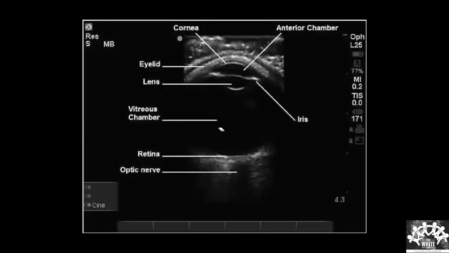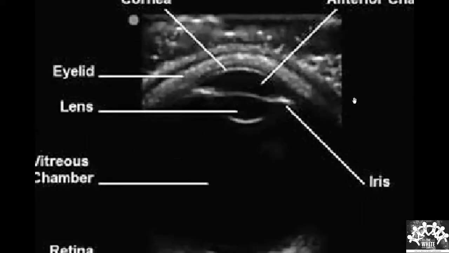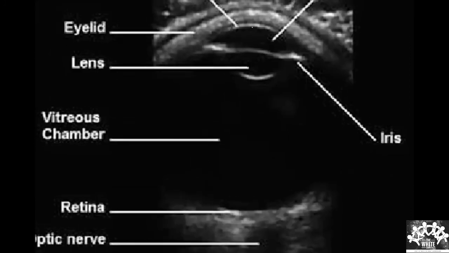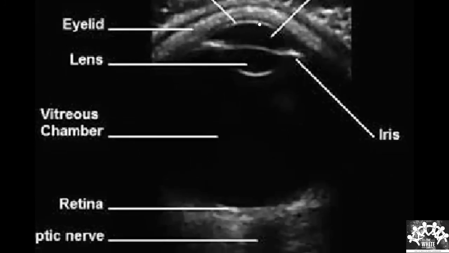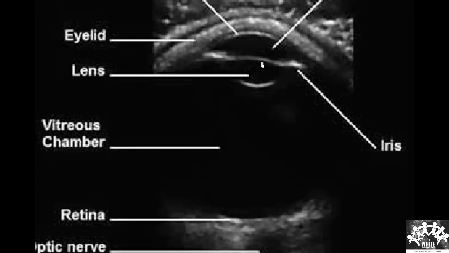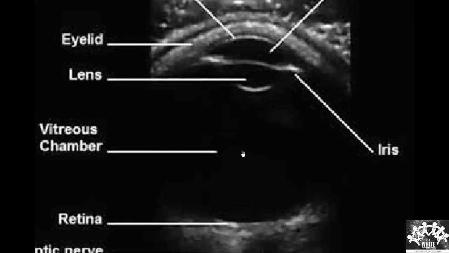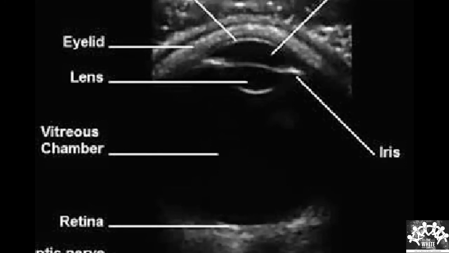So if this is an imaging of the eye, if I can zoom it, what do you think this structure here is? Can you see my marking? This is the anterior wall of the lens. This is the posterior wall of the lens. So what is this area here? Vitreous. Good. That's how you image. That's very simple. Now you have started learning how to do an ultrasound.